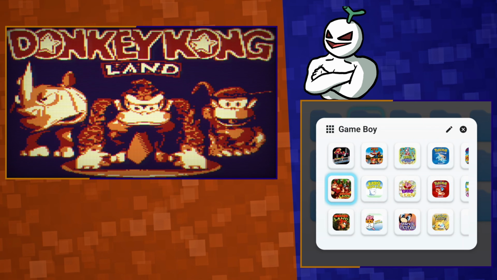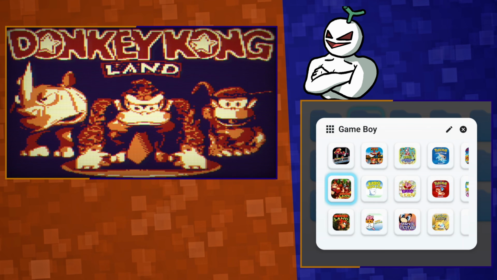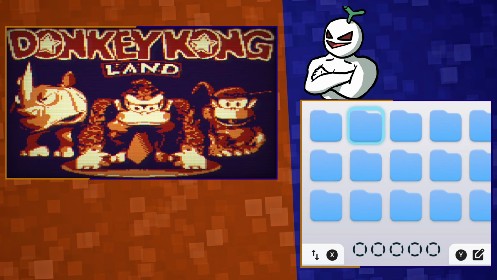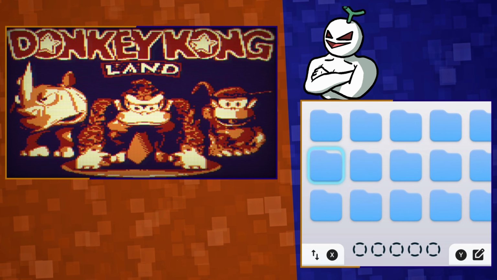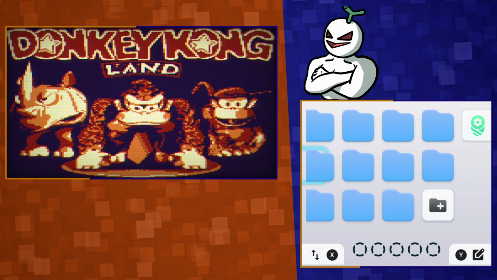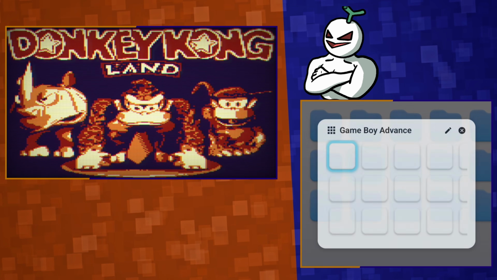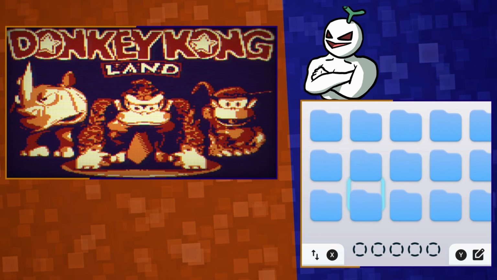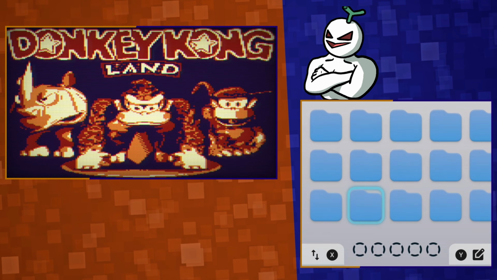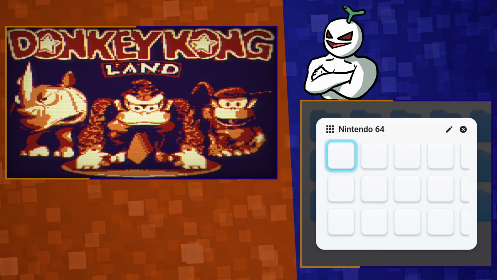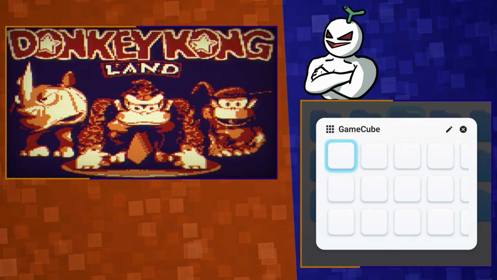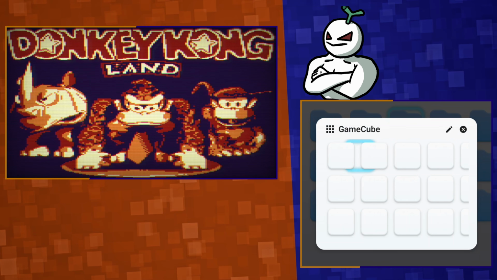And we can just play the game, so you can see the bottom screen, since it's not a dual screen emulator, still actually has things accessible like normal. So if we wanted to, while we have Donkey Kong Land playing up here and we want to swap games, it's as simple as going to whatever other folder you want and swapping games, right? So I'm going to make my way to the Game Boy folder, which is kind of hard because right now we haven't customized the folders so they look the same, but going to GameCube, we can just